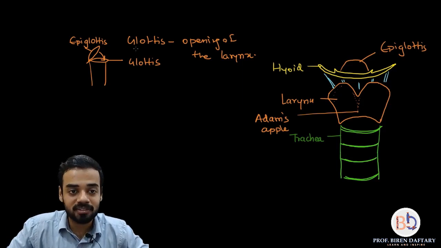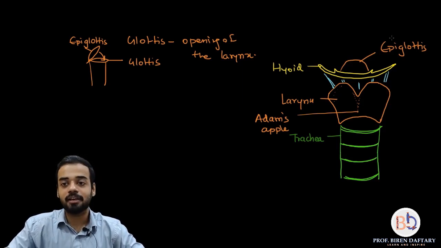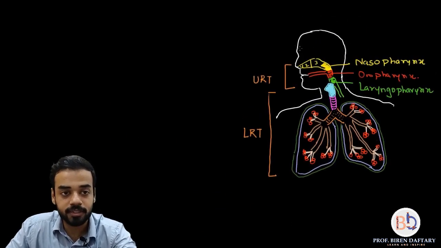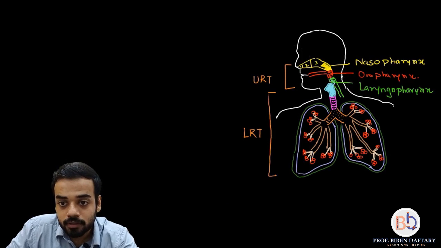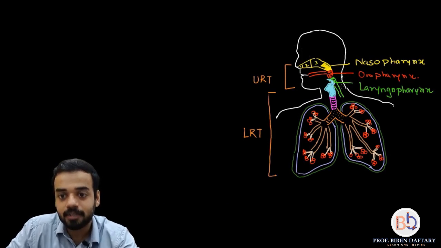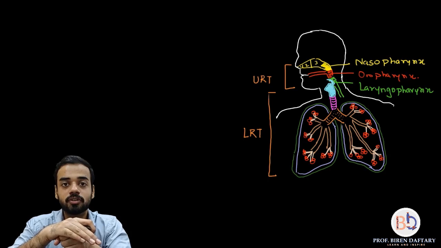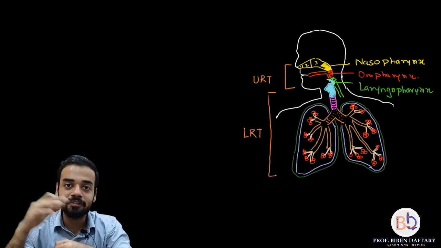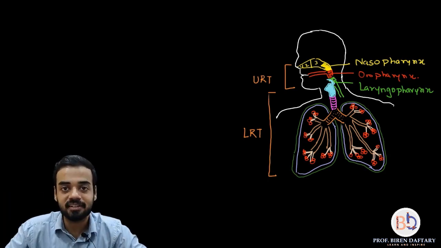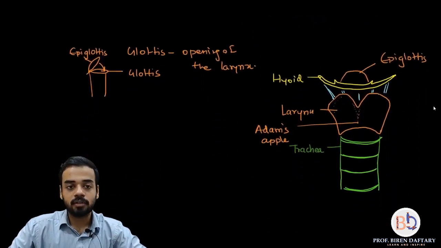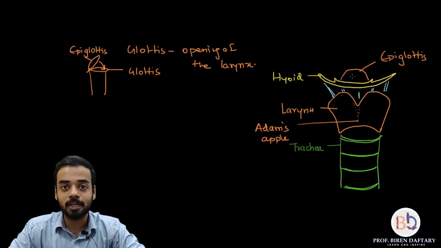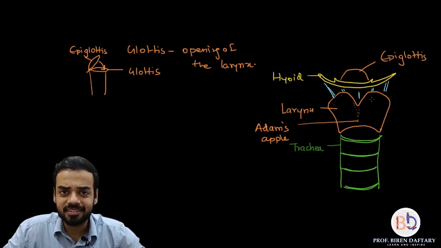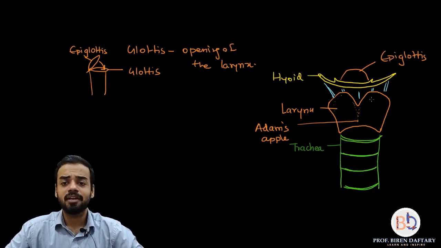So I hope this epiglottis concept is clear. So this epiglottis is like a flap. So if you want to see in this diagram, I can show a flap over here. So this can be like the flap which is present. Okay, so it will be closed when you are swallowing food, it will be open when you are breathing, because while breathing, if it is closed, air will not go into the larynx. Is this clear? Okay, so I have already explained what is glottis, what is epiglottis. Okay, this is the main structure of the larynx. Okay, it is a cartilaginous structure made of muscles and membrane.